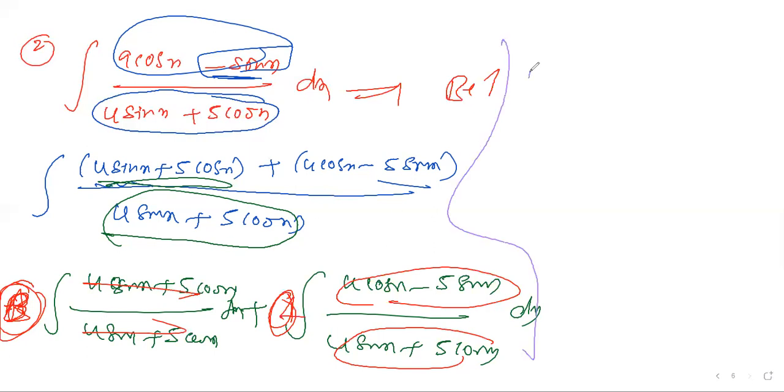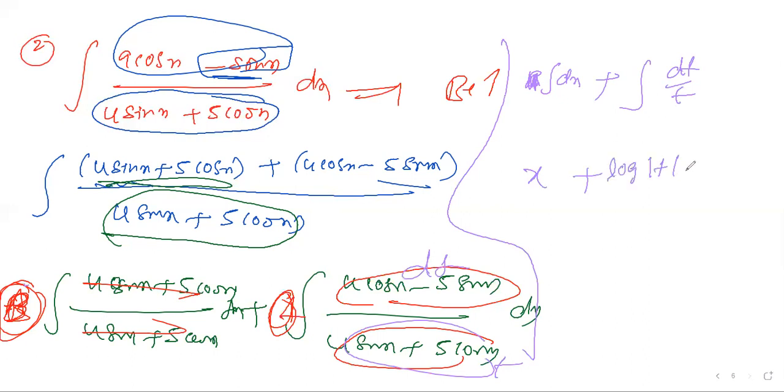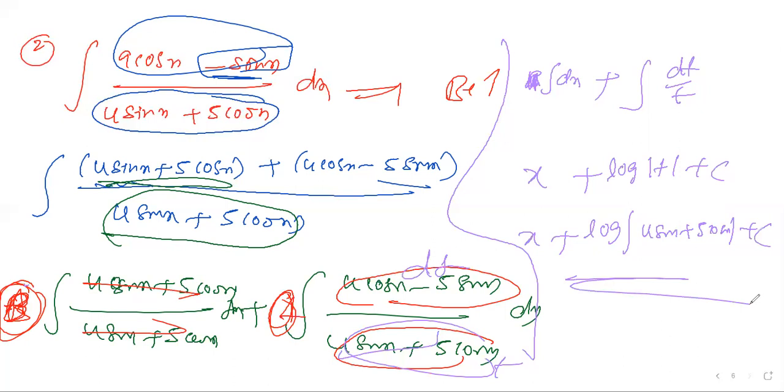Yes, it's cancelled. Now B into integration dx, because I don't want to do B now, right? I'm just telling integration dx. Next integration, you take t, it will come dt, so dt by t now. Integration dx is x. Integration dt by t is log t plus c. So x plus log t, where t is 4 sin x plus 5 cos x, plus c. Your answer is finished. Even if you take the same method, the values of A and B you got are 1.